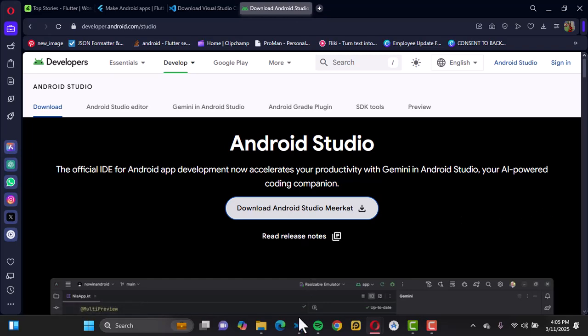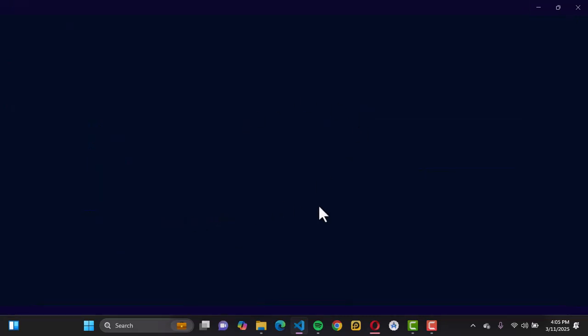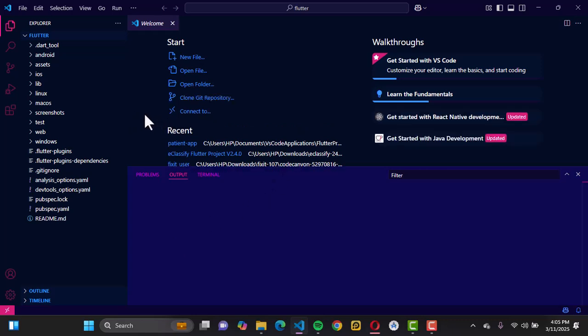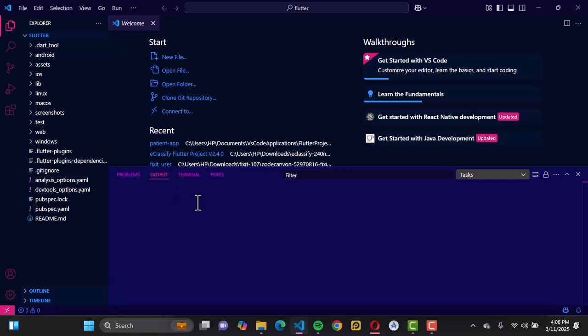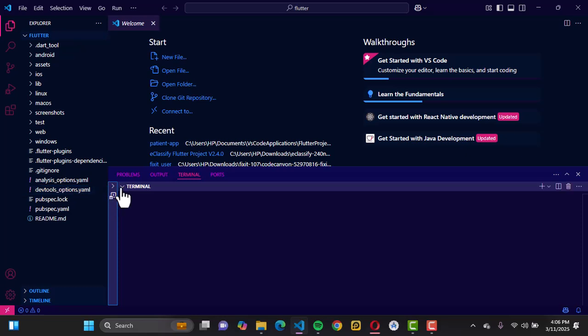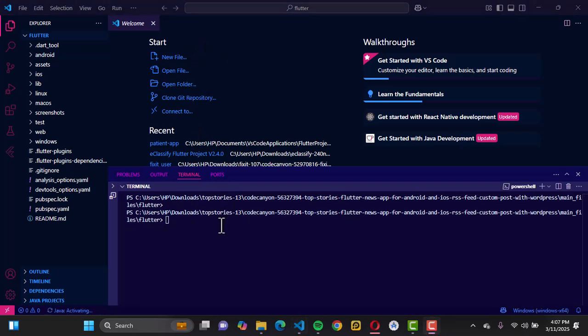Alright, so once that is completed, you select either Android Studio or Visual Studio. For me, I'm gonna be using Visual Studio, and this is my download path for my scripts. So I'm just gonna open it here. You just have to find the path where it was downloaded, and then open it. Once you open it, just open the terminal. That's the first thing you're gonna try to do. Okay, so once you're on your terminal,